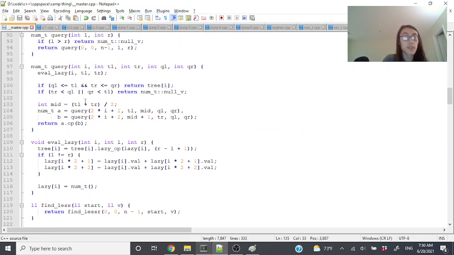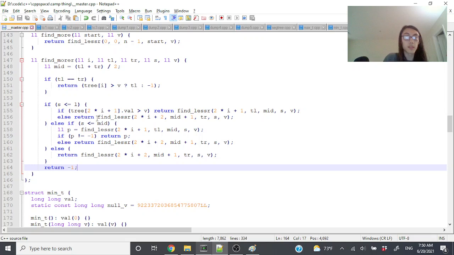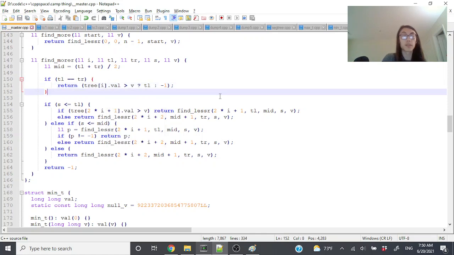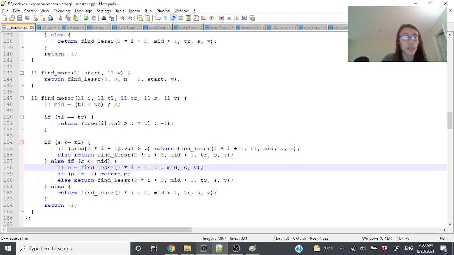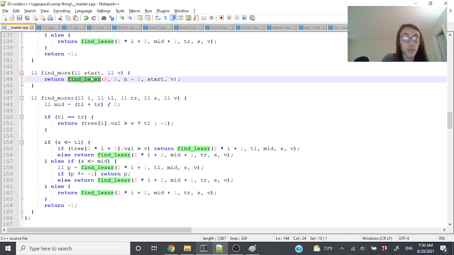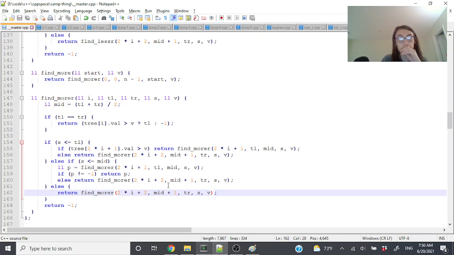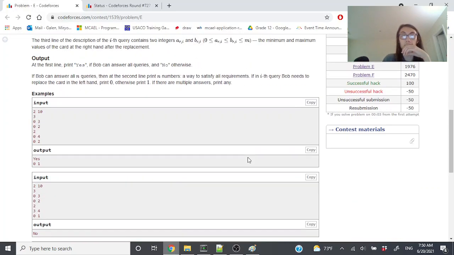Where? Oh, same issue here. Return -1. This should be TL. This should be dot val. And actually, this should all be find_more. That's a good thing to look for. Yep, okay. No way it works first try, but